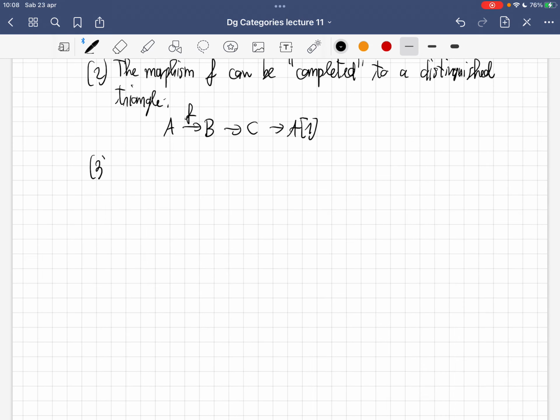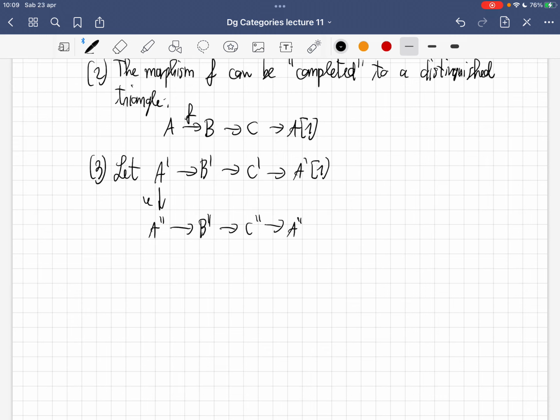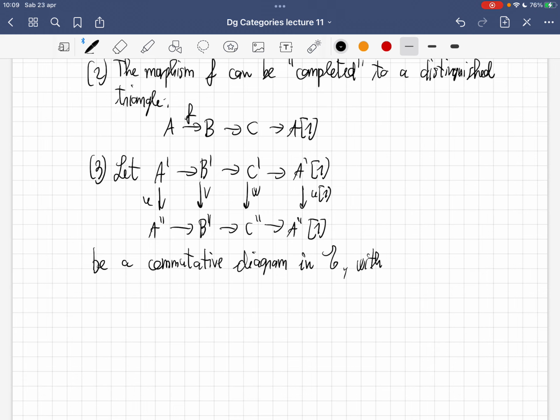And also 3, this is a little more general, but VW is to be a commutative diagram in T with U, V, W isomorphisms,